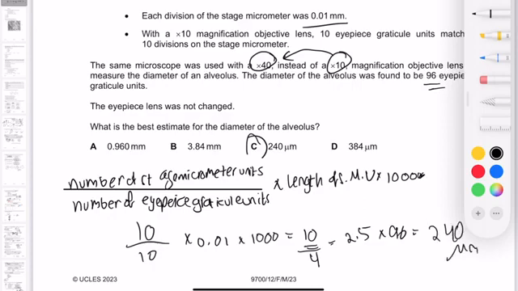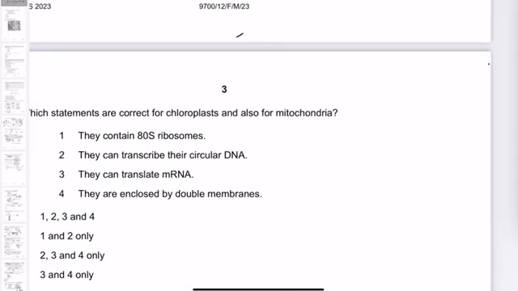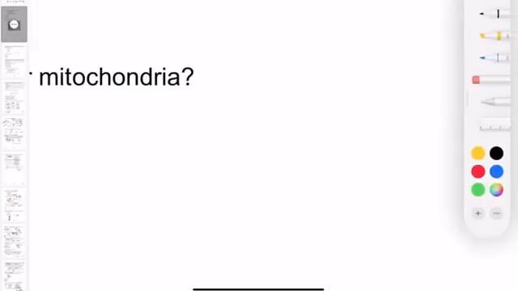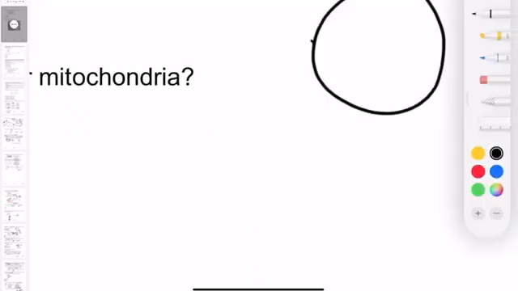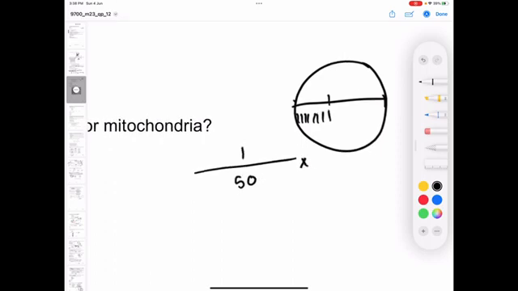That is the other way. I'm going to give you an example just in case you're interested. Sometimes they would give you, let's say you want to find the length of a nucleus. In order to find the length of the nucleus, let's say the nucleus occupied 7 eyepiece graticule units, and one stage micrometer unit was in front of 50 eyepiece graticule units. So that means it will be 1 divided by the number of eyepiece graticule units, let's say 50, and then multiply that by the length of one stage micrometer unit, let's say 0.1 millimeters, and then multiply that by 1000 to convert it to micrometers,